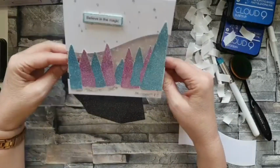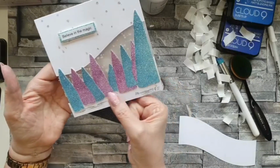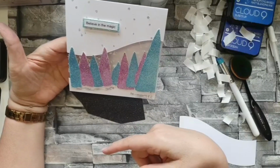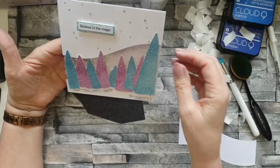Okay, so you've got your acetate in the background, your glitter paste on the bottom, and your trees in front of the acetate. And that, again, looks totally different to the other two. Yeah, so the final one,